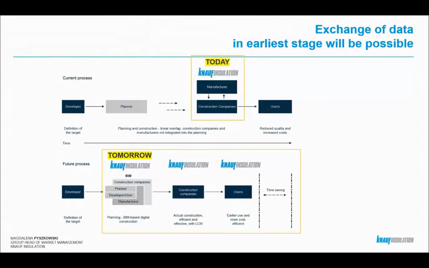For example, on this specific use case, we are working with the planner and with the construction company to find the way to exchange the properties, or which of the properties of the product from the building component are important at this stage. And for the moment, we are doing the mapping of the different solutions for the exchange of the information physically. And so this is one of the